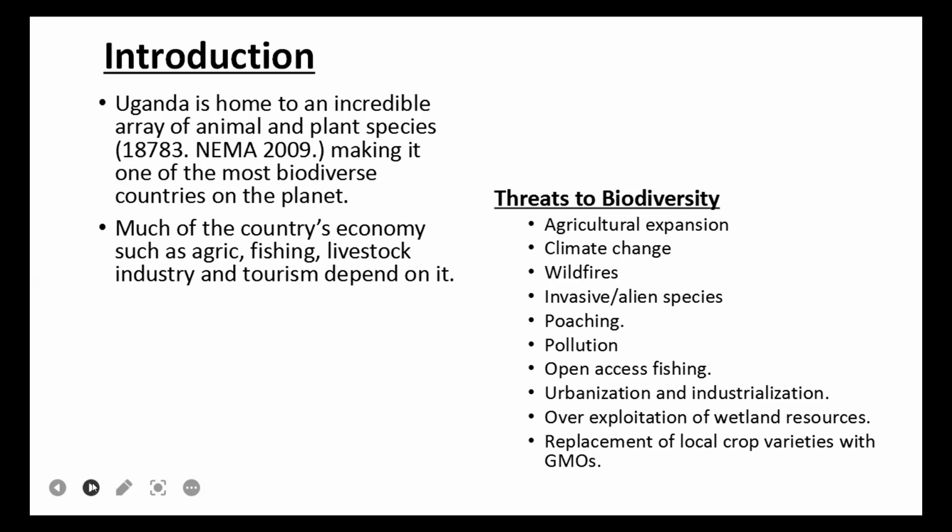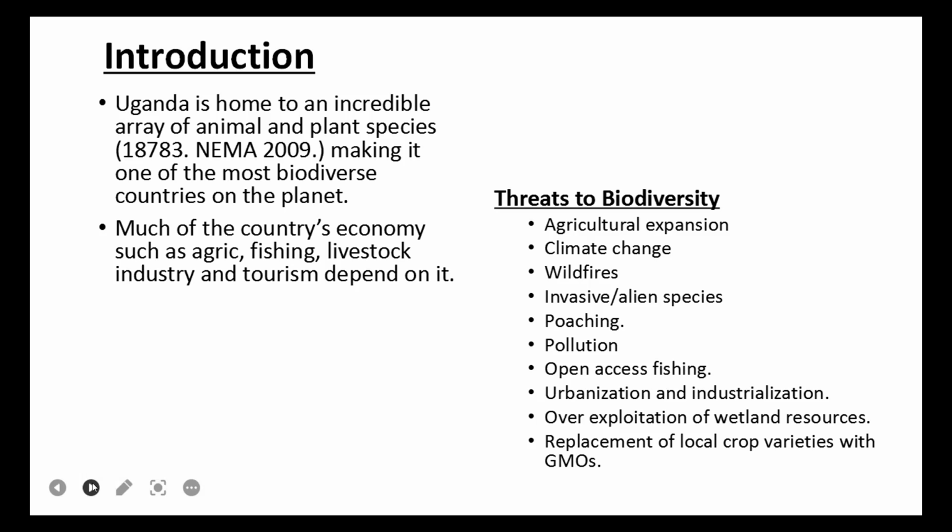Then open access to fishing. There is a lot of open access to fishing, which entails removal of fish which are not even mature yet, for commercial activity. And this is threatening the extinction of these fish before they mature. Then urbanization and industrialization. This was well explained yesterday.